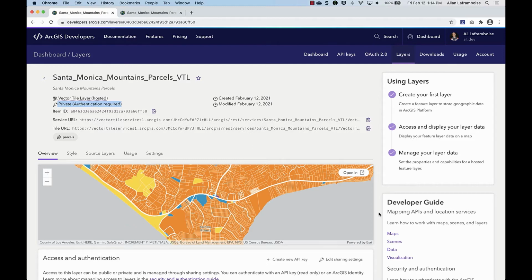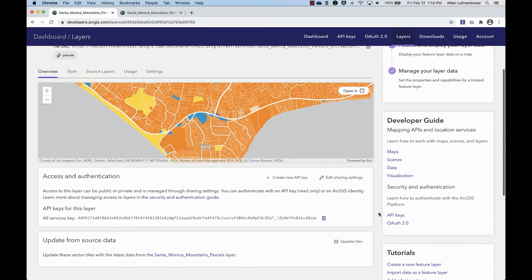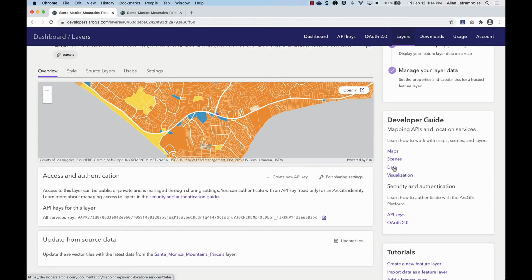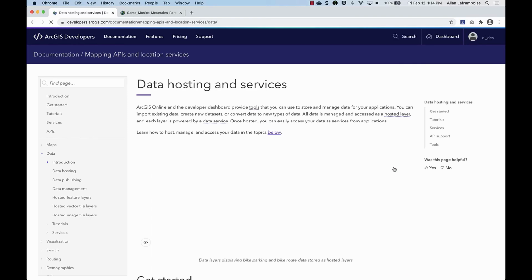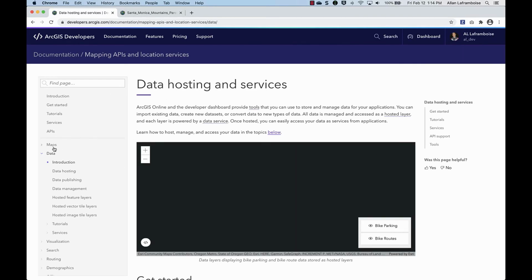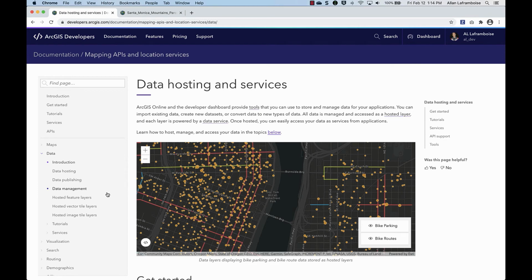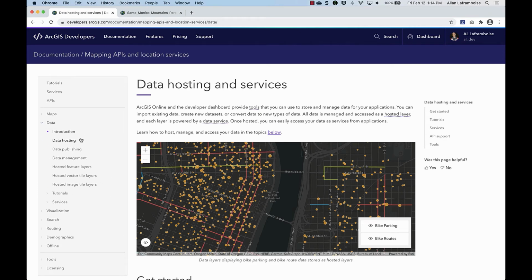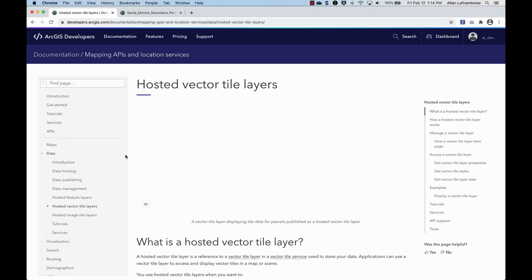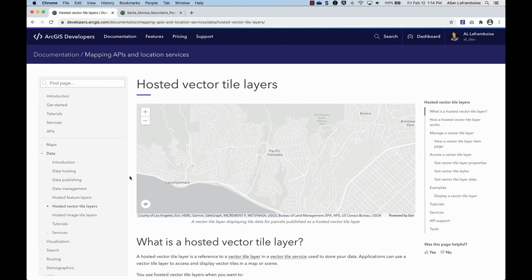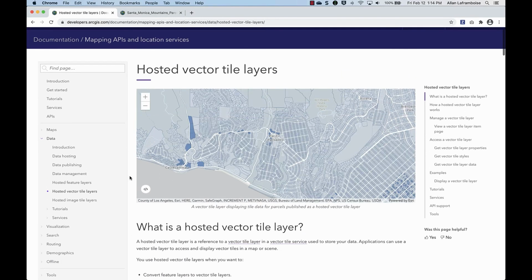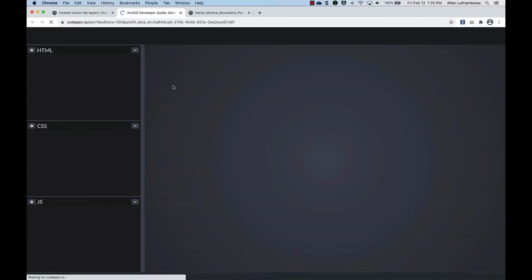So one of the other benefits of using the dashboard and the new developer experience here is that we can get to the developer guide if we want to look for samples and starting points. So I'm just going to jump out to the data hosting chapter, and down in there there's a page on hosted vector tile layers. So if I wanted to, I could go through and read and learn more about vector tile layers, but I see this cool little application here, and what I can do for any of the apps in the guide is view the source code in CodePen. So I'm just going to click on this guy,